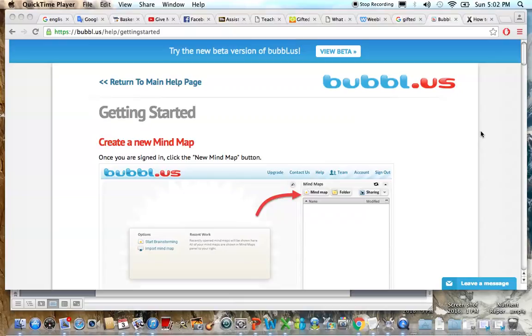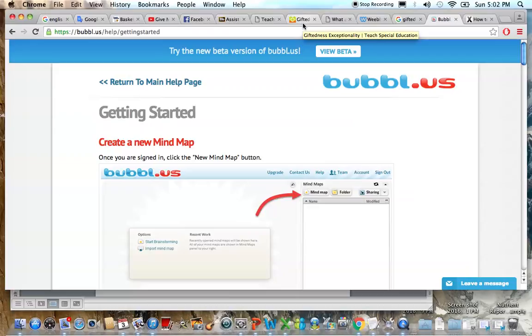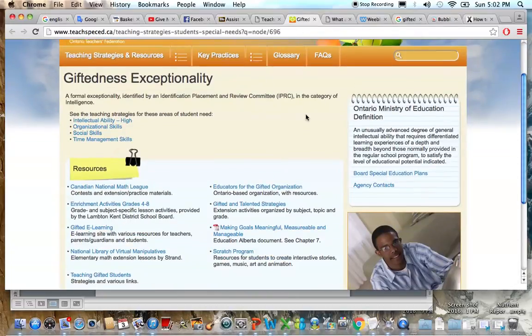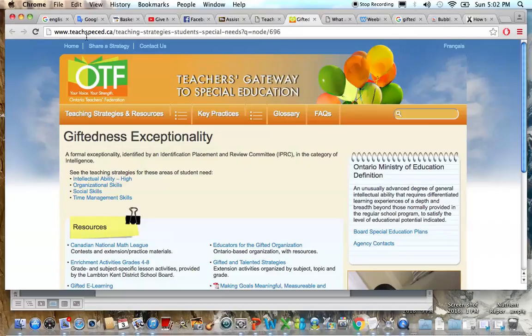So Bubble.us is an app that can be used in your classroom to help you with students that are identified as gifted. It is a mind map category of app, and this is useful when you have identified gifted students in the classroom because, as we see on teachspeced.ca,